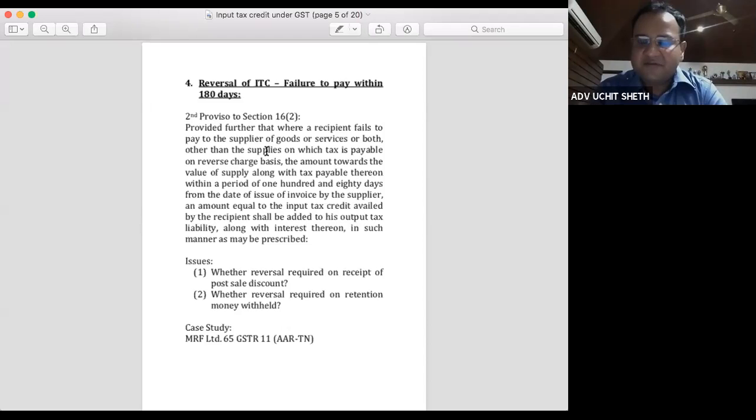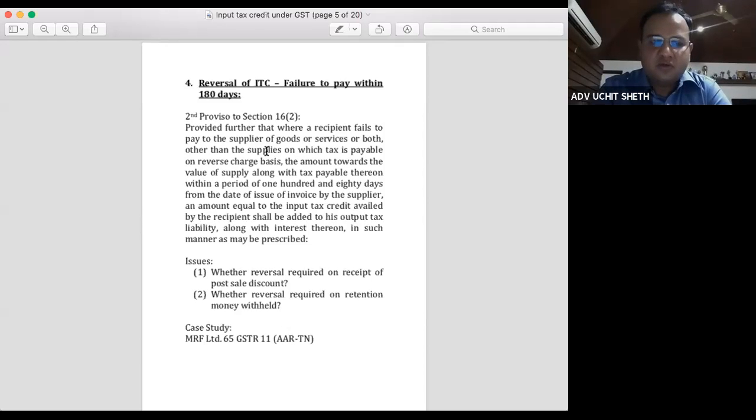Now, suppose the buyer does not make payment of consideration to the seller or to the provider of service, then the seller or the supplier would have to suffer, because he will have to pay the tax from his own pocket. Not only will he not receive the tax amount from the buyer, he will also not receive the amount of consideration from the buyer, and still he'll end up paying tax, because ultimately this tax is on accrual basis. So irrespective of whether I actually receive the amount towards my supply or not, I have a tax liability. And despite his having not paid me, he will get credit of the tax which I have deposited into the government from my own pocket.